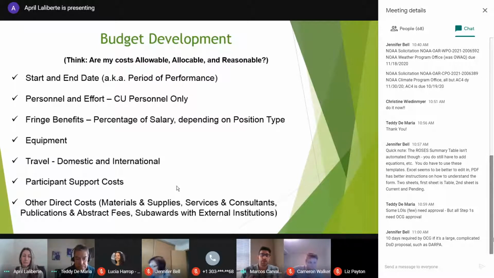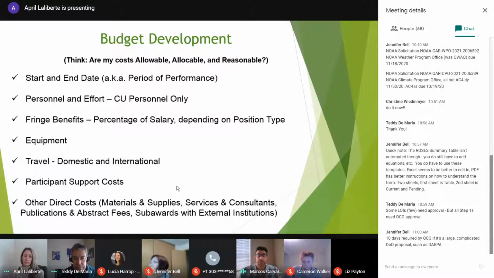And since I brought up participant support, I just wanted to remind you that those are costs that are incurred by participants in conferences, meetings, training activities, workshops, similar events. And participant support may include travel allowance, per diem, participant supplies, tuition, and other related costs for individual participants or trainees, not the people who are putting on the show, people who are there to learn. So these costs imply an expert and novice relationship, and so the money needs to go to the noobs.